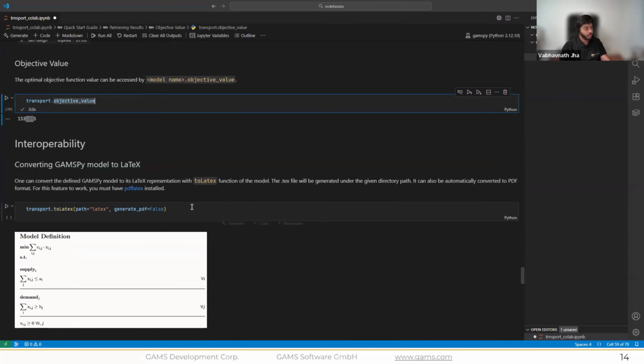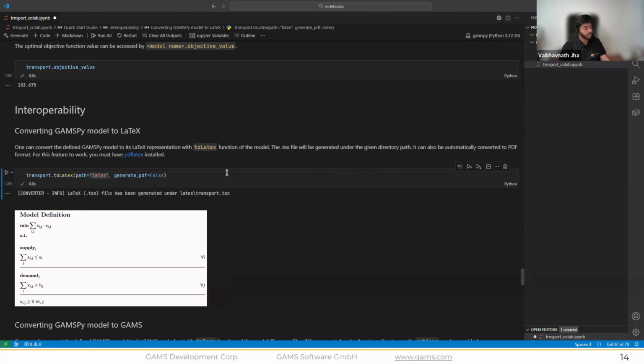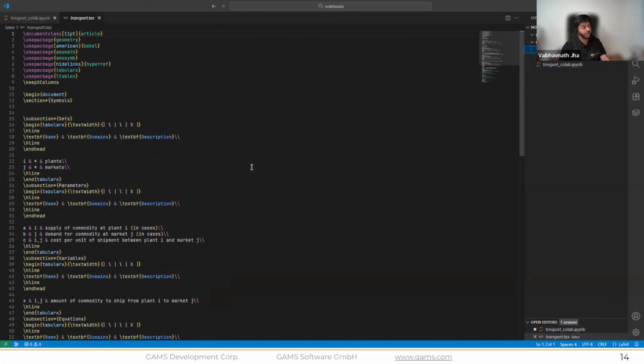Now about the interoperability. If you want to convert your GAMSPy model into LaTeX representation, you can do so with this convenience function to LaTeX. Just have to specify where the file should be saved. And if I run this, this will produce the LaTeX representation of your GAMSPy model.